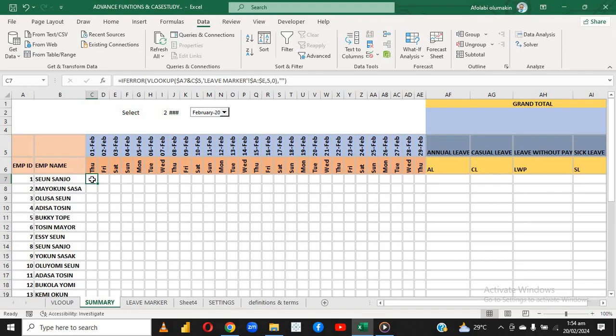Then I'm going to apply... No, we're applying the VLOOKUP. We are applying the VLOOKUP. So we are going to apply the VLOOKUP here, in order to align every cell with what we have on the leave tracker. So equals to